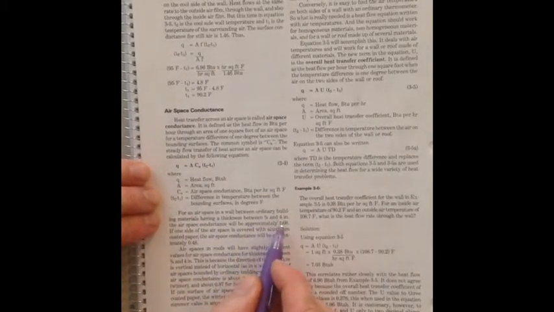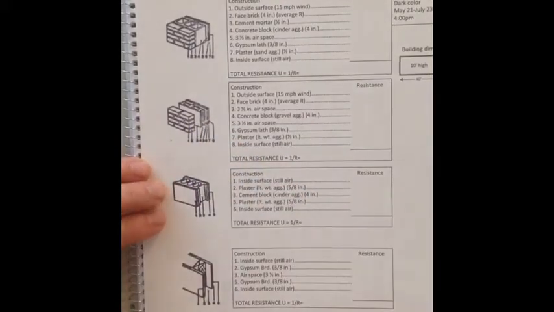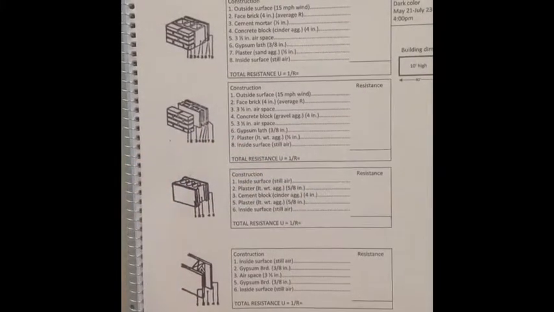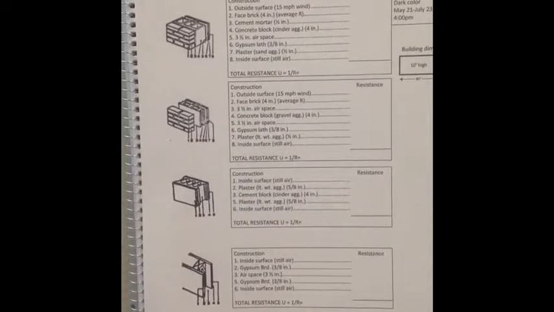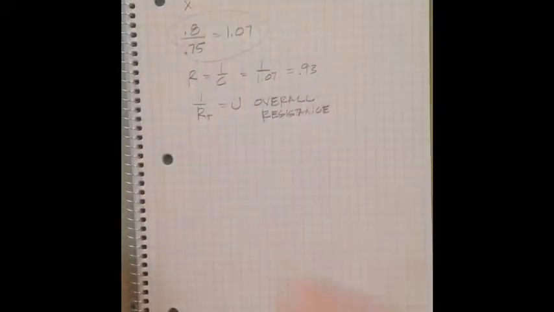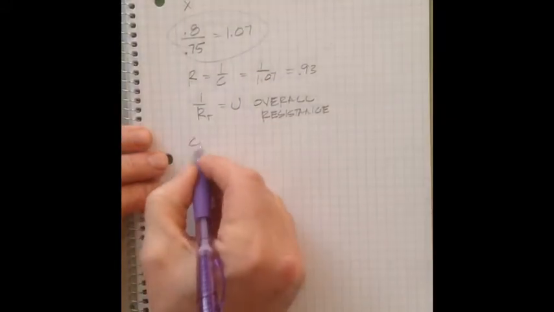For air spaces in a wall between ordinary building materials having a thickness between 3/4 and 4 inches thick, and ours is 3.5, so we fit in here, the approximate C number is going to be 0.48. Okay? 0.48. So this airspace in between here does provide some insulating effect. And in this case, it's going to be 0.48. So C equals